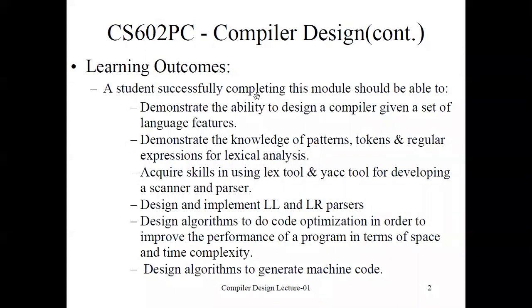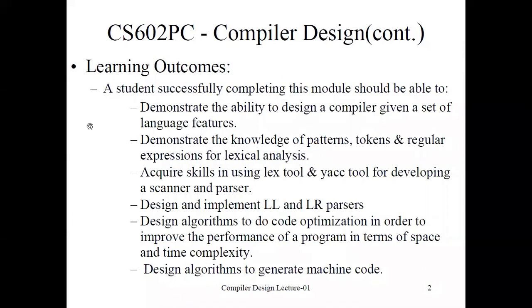So after successful completion of this course, you should be able to demonstrate the ability to design a compiler given a set of language features, demonstrate the knowledge of patterns, tokens, and regular expressions for lexical analysis, acquire skills in using Lex tool and Yacc tool for developing a scanner and parser, design and implement LL and LR parsers, design algorithms to do code optimization in order to improve the performance of a program in terms of space and time complexity, design algorithms to generate machine code.